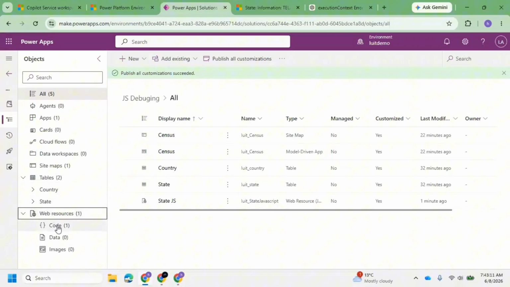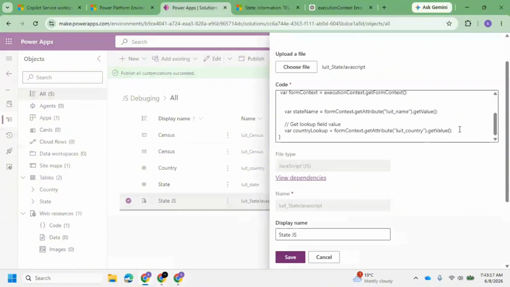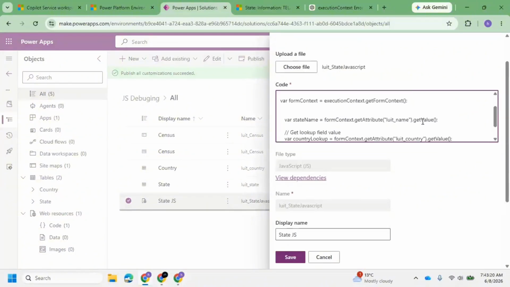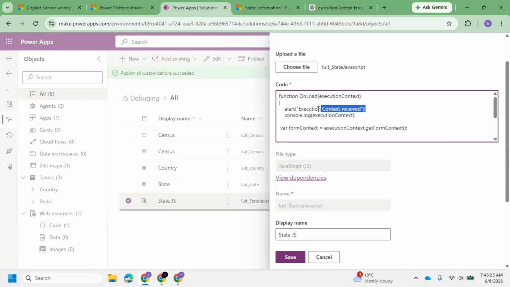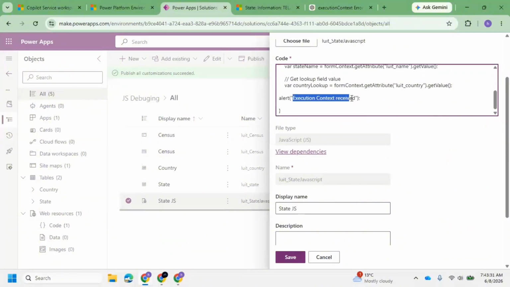So go back to the web resource, state.js. I want to show an alert for the state name and the country name. Let's put it like this: your selected country. Now I want to append this value dynamically, because for each record it has to be filled, right? So the country lookup. While debugging, what you have seen,